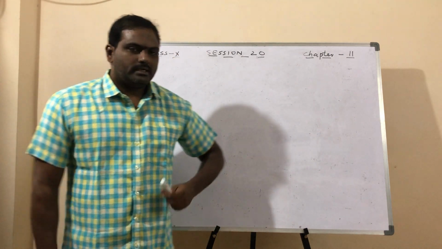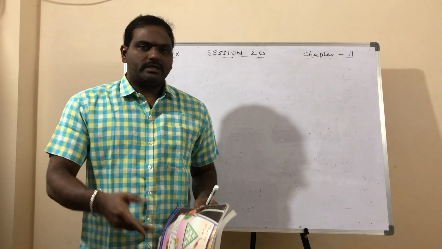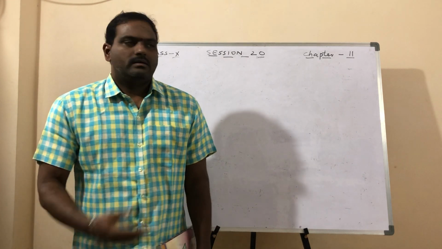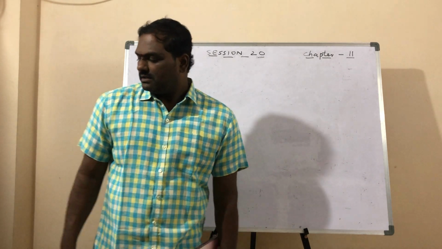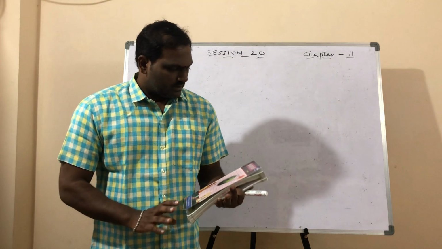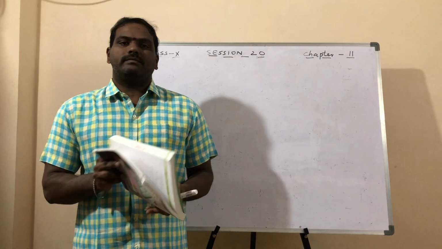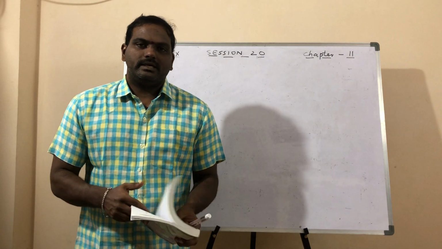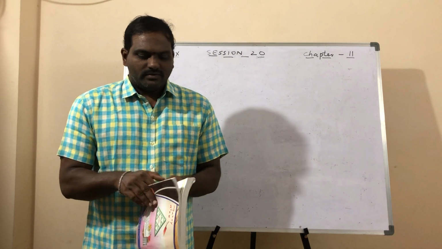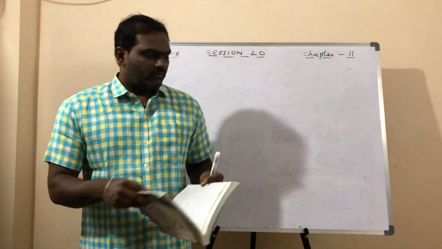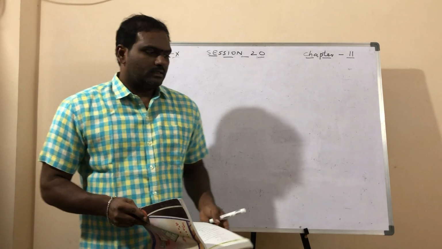So some students are informing that the problems are different, the page number is different. When I am giving the home assignment, the page number is 1 and your book is different. The reason is, I am following the maths textbook which was printed in 2016-17, and right now we are in the academic year 2020-21. That is the problem. From the next session I'll change that, I'll go for the new textbook. Up to that, you just follow that.